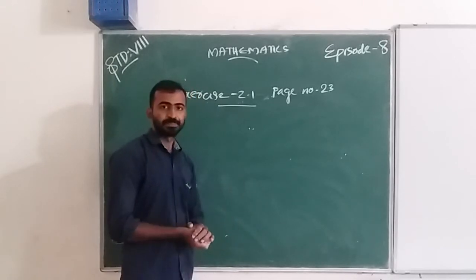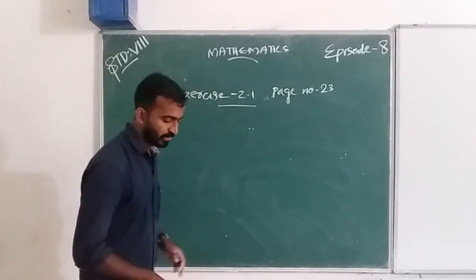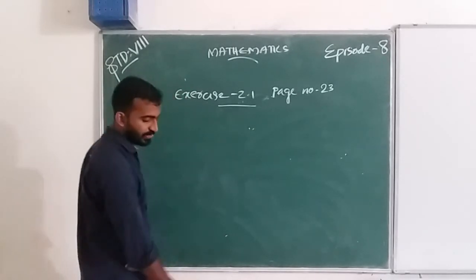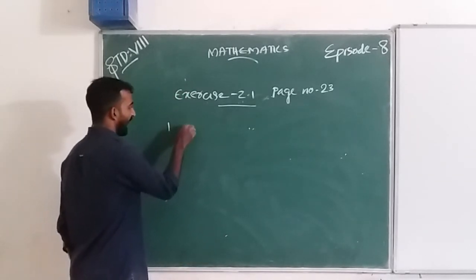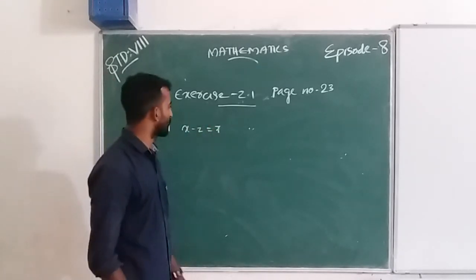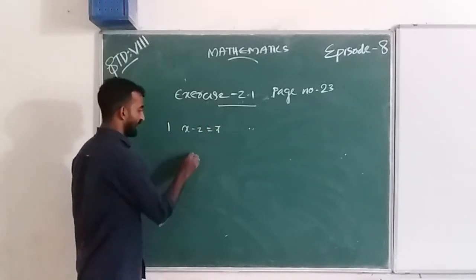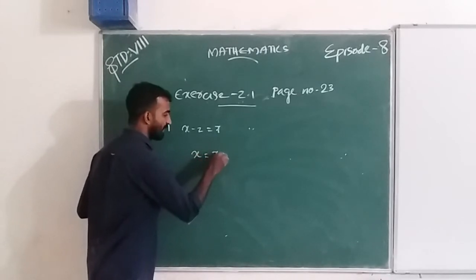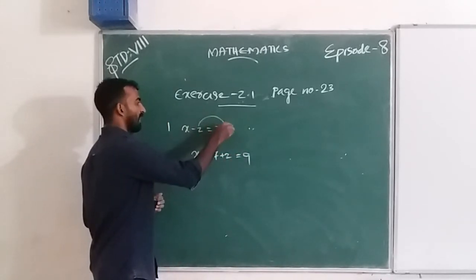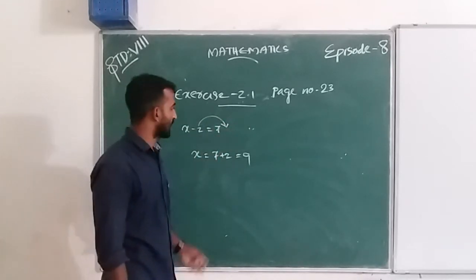Can we start? Okay, first question is solve the following equations. First one is x minus 2 equal to 7. That is, x equal to 7 plus 2, we get 9. Here 2 goes to the right side. And second one is